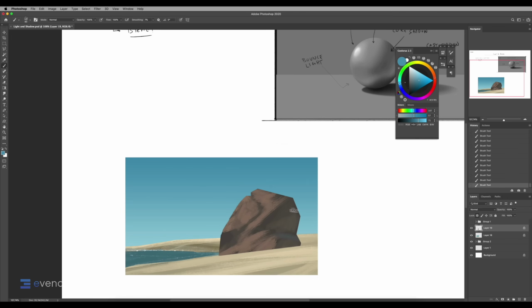I'm just color picking from the sky itself, and just adding in a little bit of blue. It will make it blend into the scene so much better. And you can even add some of that blue to the sand itself, especially